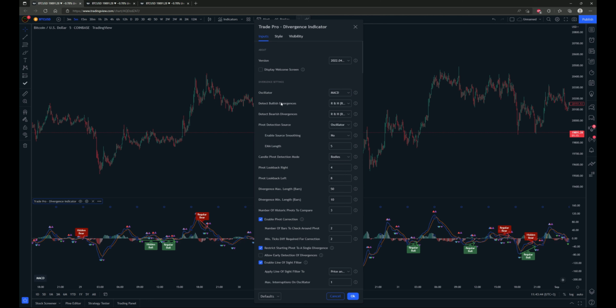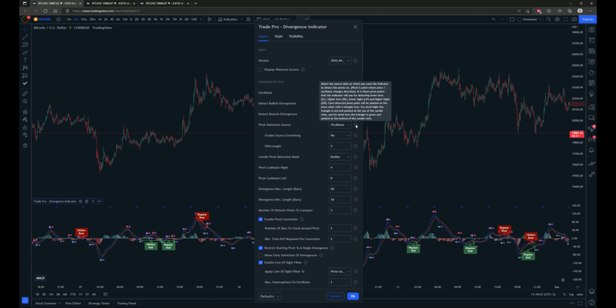Now you can detect bullish divergences or detect bearish divergences. You can disable one if you only want one or the other. You can also choose to see regular and hidden divergence or just one or the other. Now the pivot detection source could be the oscillator or the price, and there is an explanation for each of